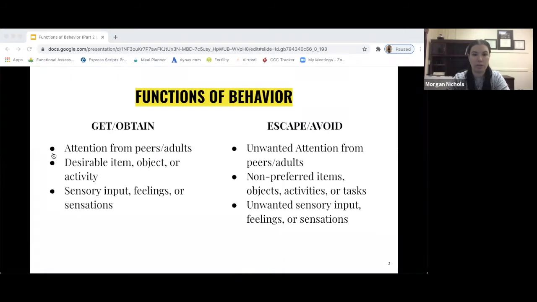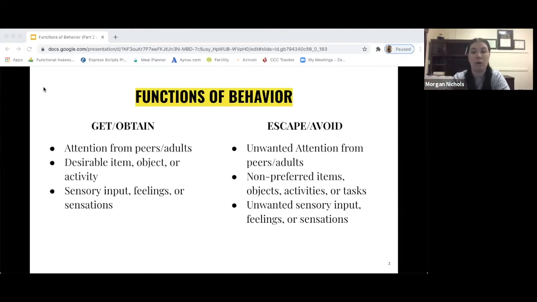So we'll just jump into it. There are 4 main functions of behavior, but they kind of fall into 2 main categories. Generally, kids are trying to get or obtain attention, or a desirable item or activity, or some sort of sensory input, feelings, a sensation. They like the way it feels when they hand flap. They like the way it feels when they twirl,